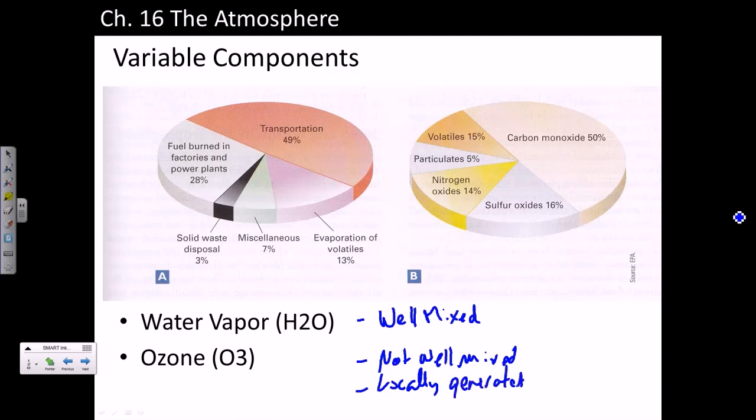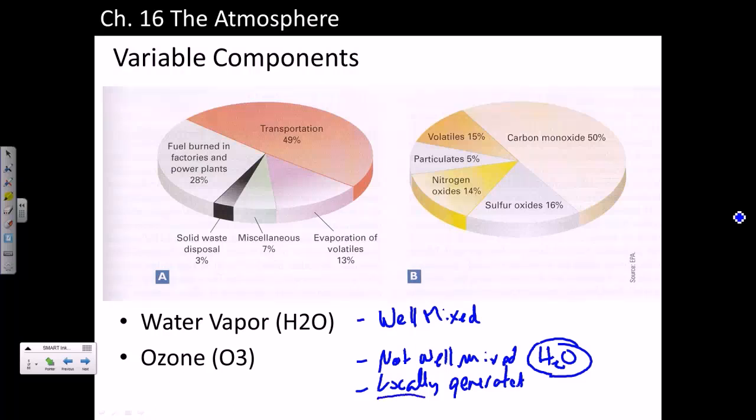One of those variable components, which I have not mixed or really mentioned here, but is fairly common as a greenhouse gas, is H2O, right? So it is sourced from oceans, from lakes, and different parts of the country in the U.S. will have different humidities and different amounts of H2O within them based on the local water sources, based on your latitude, and so on.